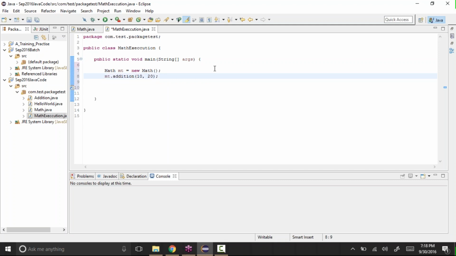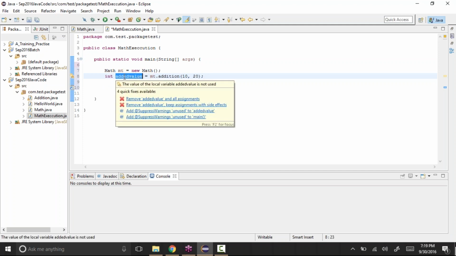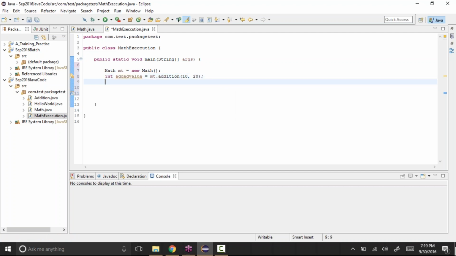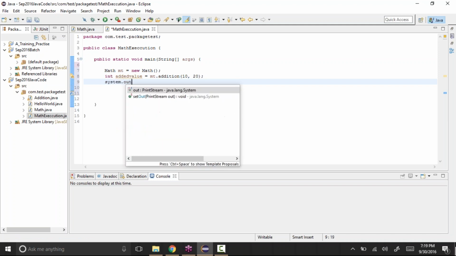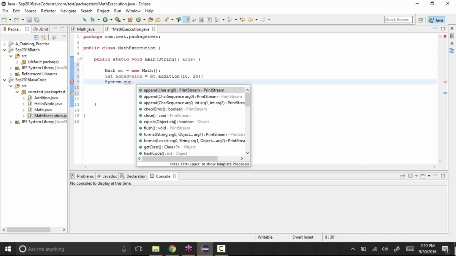So we need to catch that value. So I'll say int, let's say, addedValue equal to this. Whatever value is coming out of that method will be stored in this variable called addedValue. And now I can display that. See, System.out.